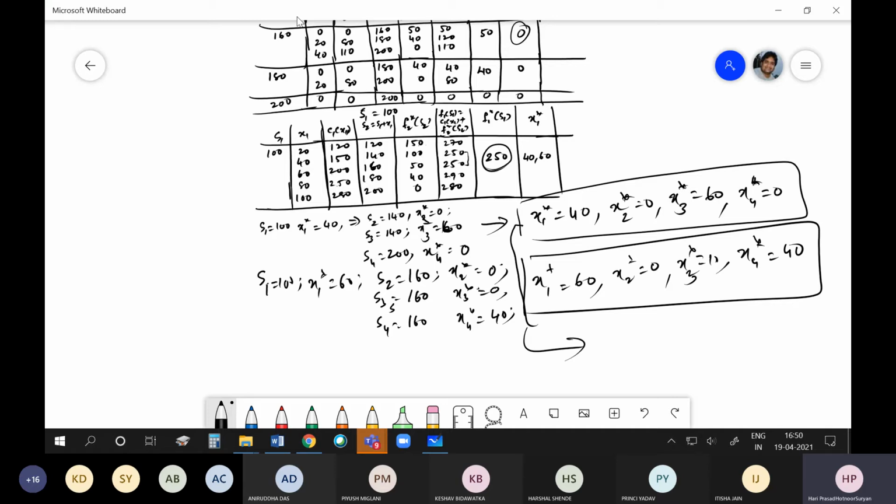But the problem with this dynamic programming is that, if I say how many of you can write a code for this? If I want to implement this using a computer code, how many of you can write this program? Now you people are mad about going for coding. How many of you can write code for this?